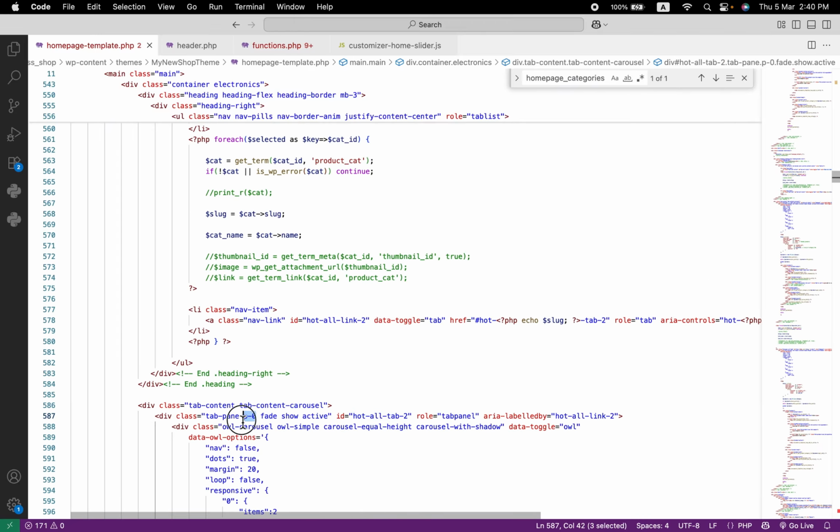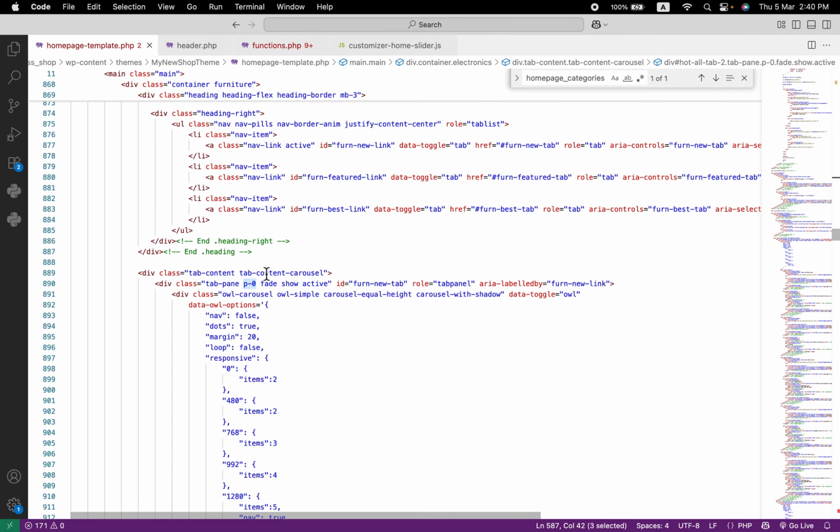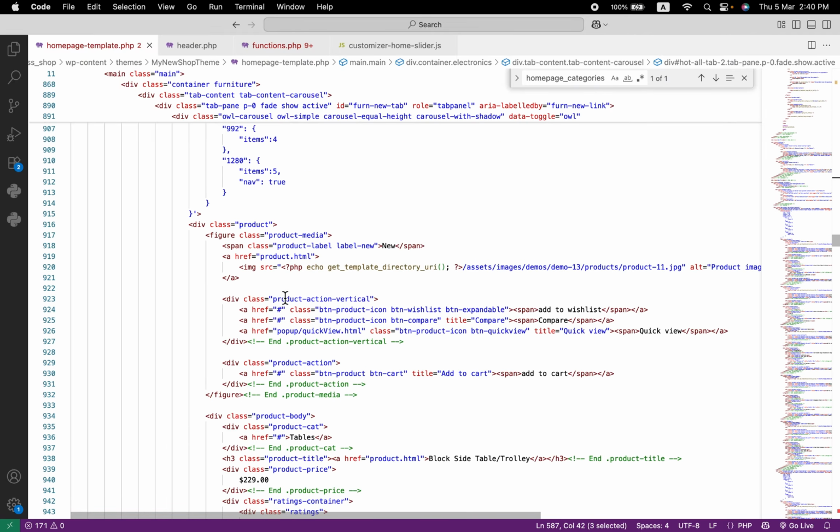Tab pane P0, maybe this one. Okay. These are not applying because this is the same. Tab pane P0,